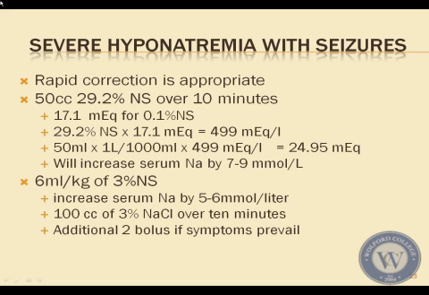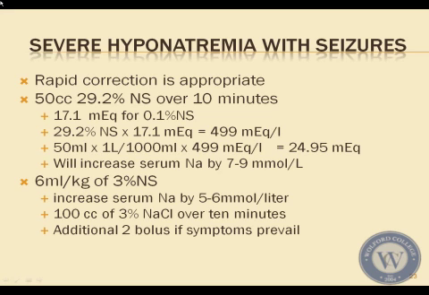If you're giving 50 cc's of this material, then when you convert it out, it comes out to around 24 to 25 milliequivalents in this individual. And overall, it will increase the sodium in the serum by about 7 to 9